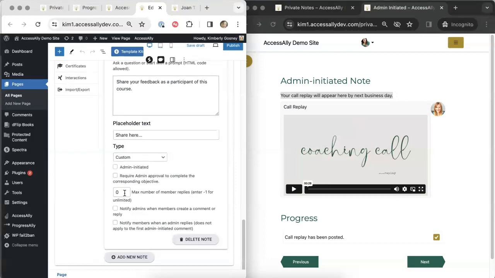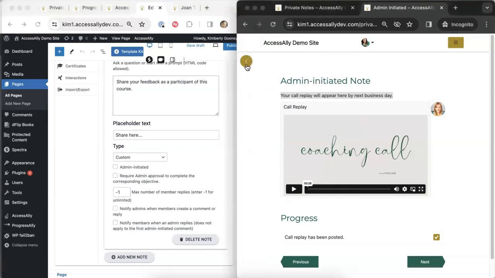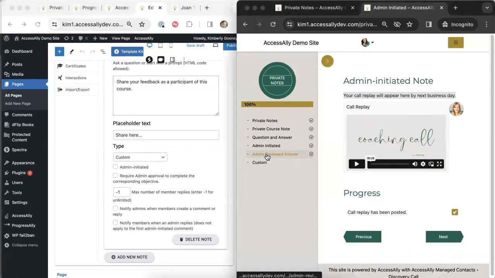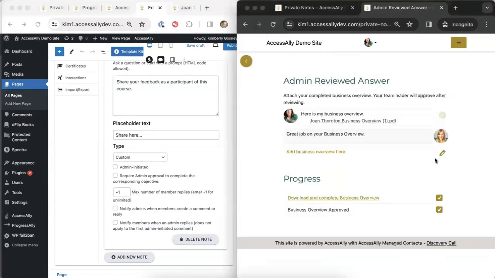The next one is the max number of replies. So if you set this right here to -1, that means that this note would never close and your participant could always come back and they would always see the pencil edit button. So let's take a look at the pencil edit button really quick. This button right here is controlled by the number of replies. So if we set it to -1, this edit button would always be here, and this participant could always come